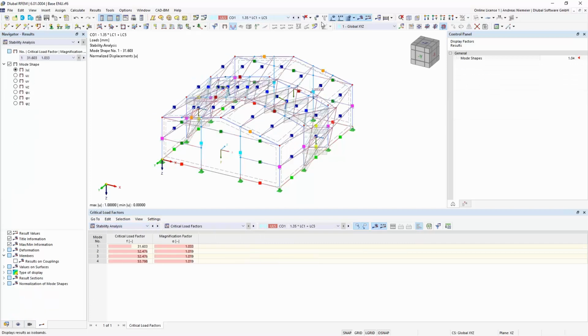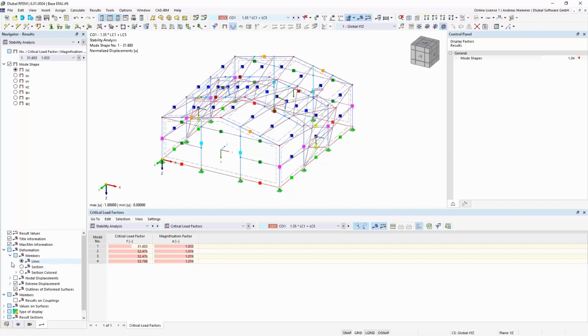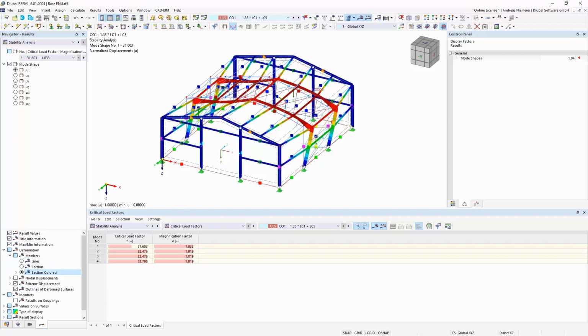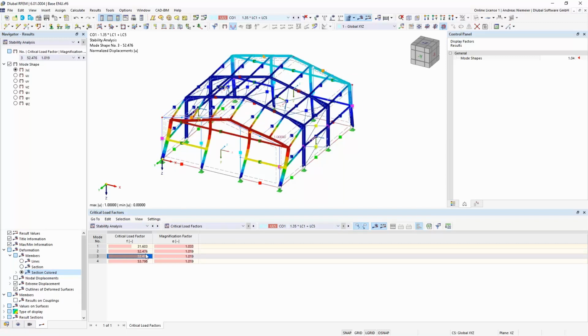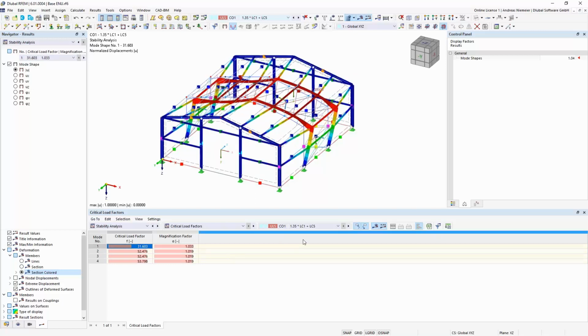Let's deactivate the forces here and activate deformation section colored. This is the first eigenvalue of load combination 1. You can also change here to the different eigenvalues that are calculated. And by switching the load combination, you get also the eigenvalues of the others that we activated.